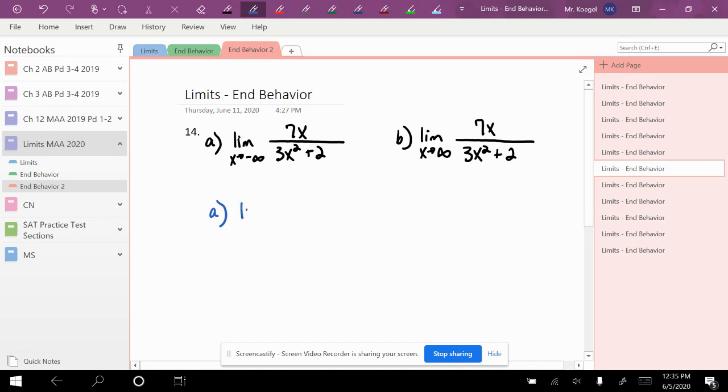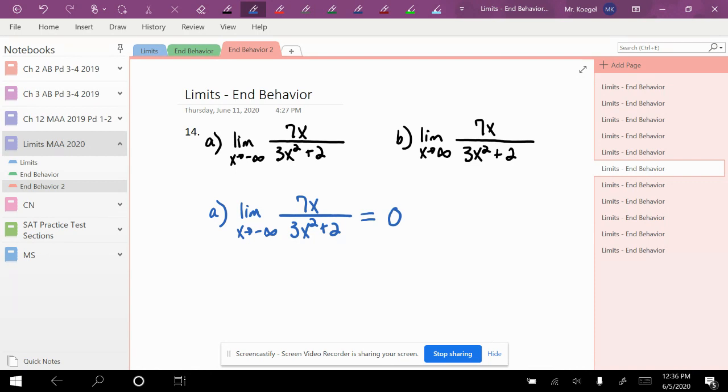All right, now that you're back, limit as x goes to negative infinity of 7x divided by 3x squared plus 2. Okay, as x goes to negative infinity, the numerator goes to negative infinity. The denominator goes to positive infinity. The numerator goes to negative infinity at a faster rate than the denominator goes to positive infinity. So as a result, this quotient is going to 0 from below, we say, or from the negative side, because